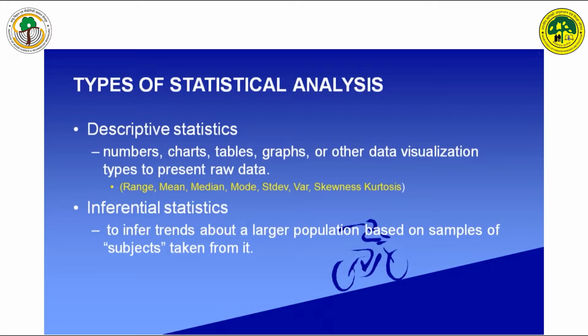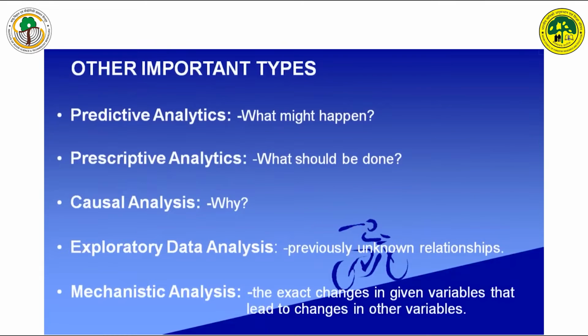Samples are subsets taken from the population. Another important type is predictive analytics, a very important task. What might happen if the forest has rains, or if deforestation occurs, or if landsliding happens? Even in my last stories I worked on the Kodagu landslides report, before and after, with remote sensing and GIS reports. How exactly can predictive analytics put information at our fingertips for making decisions? That is also one of the challenging ones.